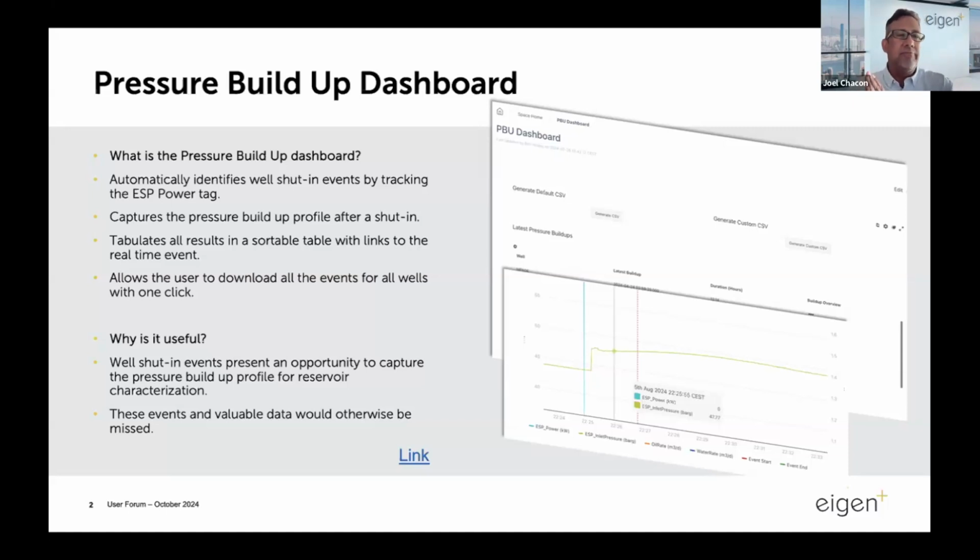again, okay? Those results are tabulated in a sortable table that has links to the real-time event. And there's another function that allows the user to download all the events for all the wells with a single click. Now, I'll demonstrate that. So why is this useful? Why is it necessary? Well, wells are shutting in all the time, but these present an opportunity to capture the